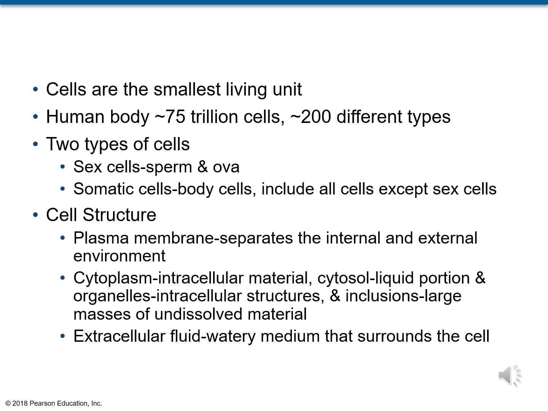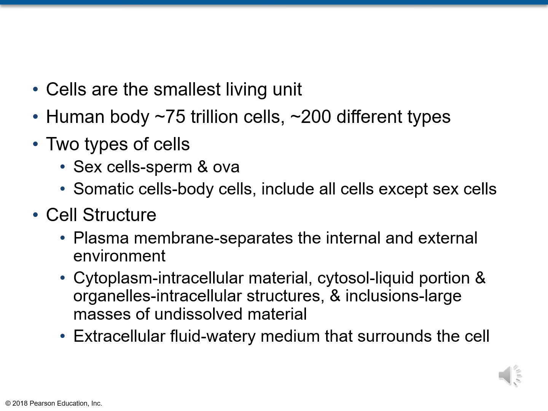The two general categories for types of cells are sex cells, which are your sperm and your ova. These are going to be haploid cells, which have half the amount of DNA that the other cells have. And then you have your somatic cells, which covers all other body cells. This includes all of the cells except the sex cells, and they are diploid and have twice the amount of